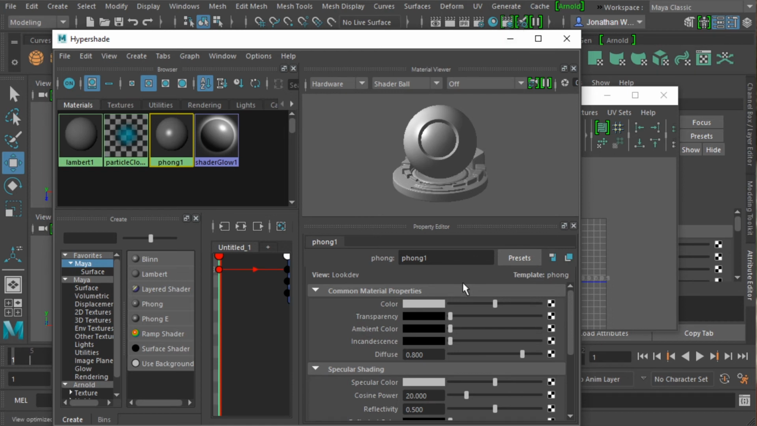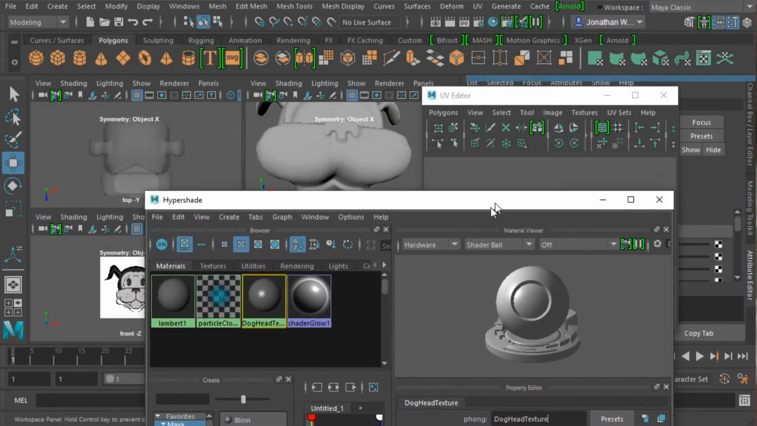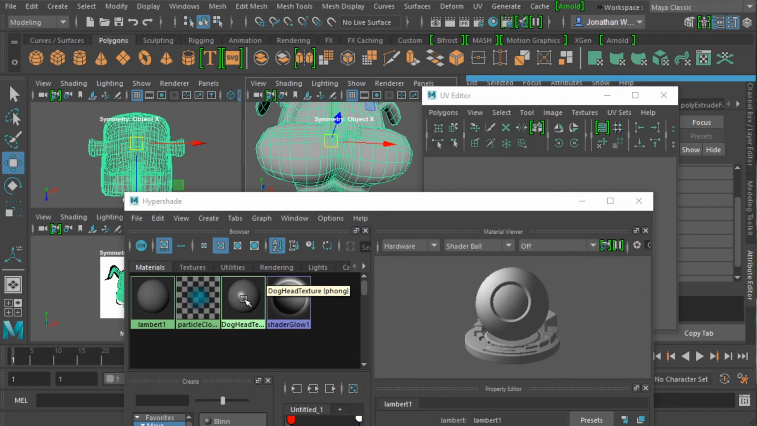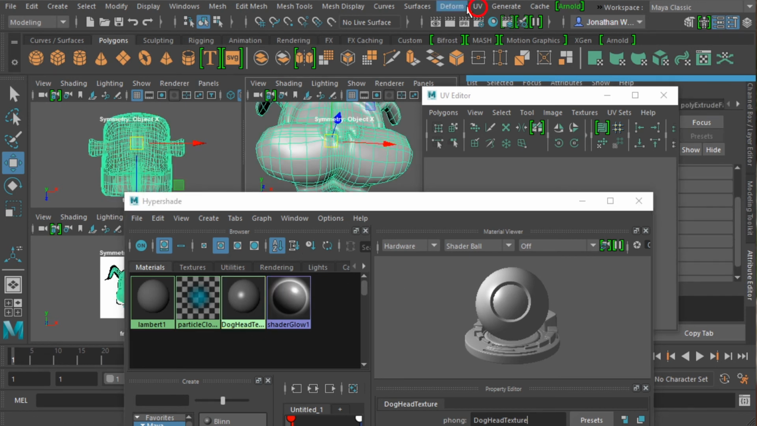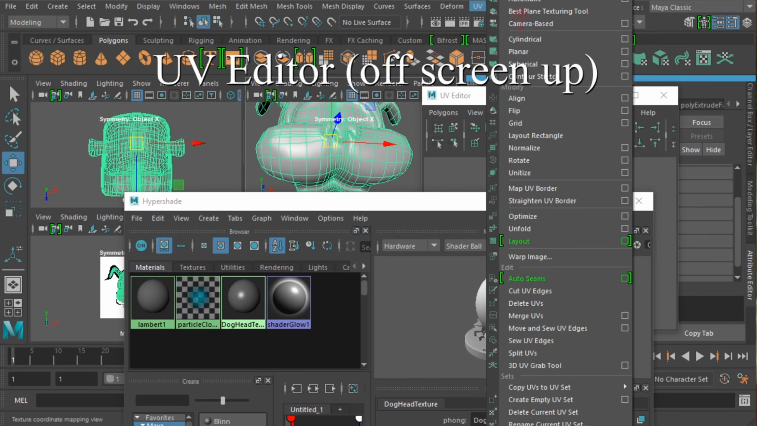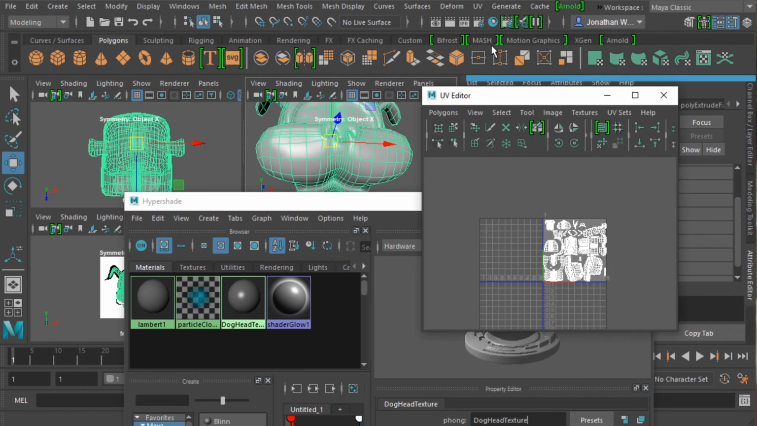Okay, so I'm going to rename this dog head texture. And I'm not going to worry about editing it. I'm going to make sure I assign it to the object. I forgot to do that. Click on the object. Do not click on the texture. Right click on the texture and assign material to selection. If you left click on it, you'll select the texture and then you don't have anything to assign it to anymore. Okay, so with the dog selected, go back into UV, pull up the UV editor,